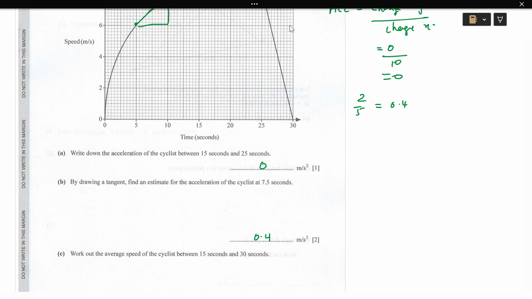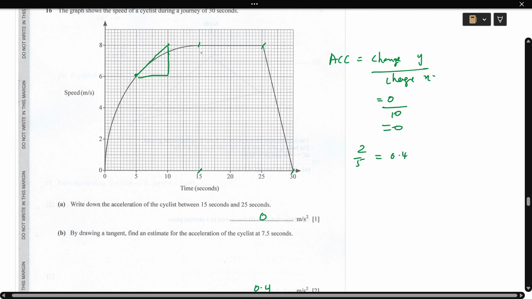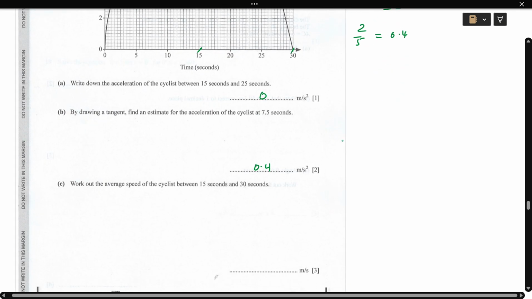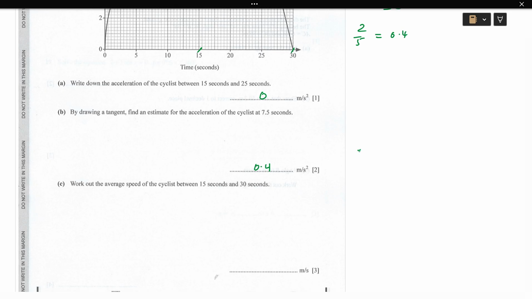Work out the average speed of the cyclist between 15 to 30 seconds. So 15 to 30 seconds. The speed is changing here, to a different speed here. First we will calculate 15 to 25. The speed formula is speed equal to distance over time. So we'll calculate the distance equal to,